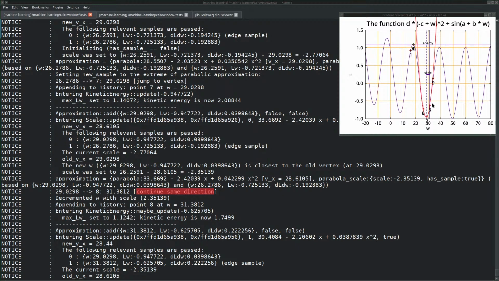I think the problem is that I'm having the horizontal direction set to going to the right, but we jump over the vertex, so really I should have gone back. So I have to detect or remember whether the minimum of the current parabola was already found or not. It wasn't found because